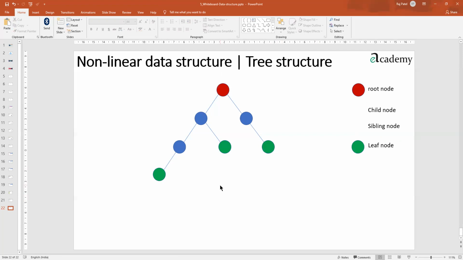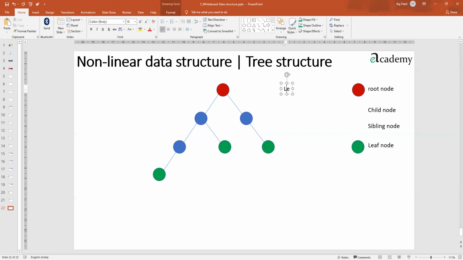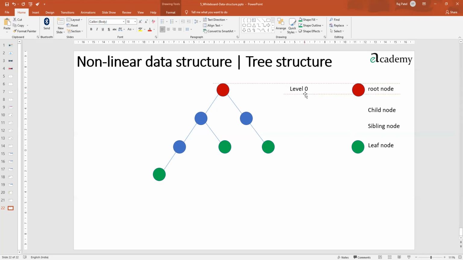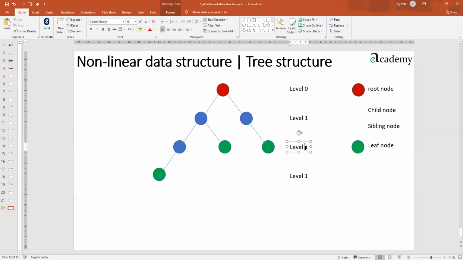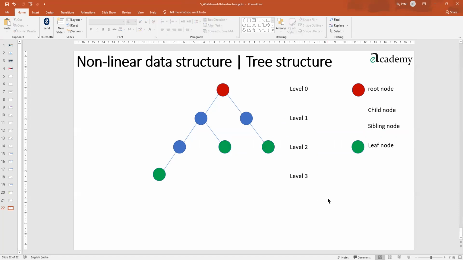Now there is something called the levels of the tree also. If this is a tree structure, there are levels of the tree. For example, this particular level is called which level? So this is called level 0, the zeroth level. What is this level? So you can say this is level number 1. If I go further down, we can say this is level number 2 and level number 3. So these are the levels of the tree. You have to draw it very well. You cannot draw with a lesser distance somewhere and a higher distance elsewhere, otherwise you will not be able to understand all these terminologies.